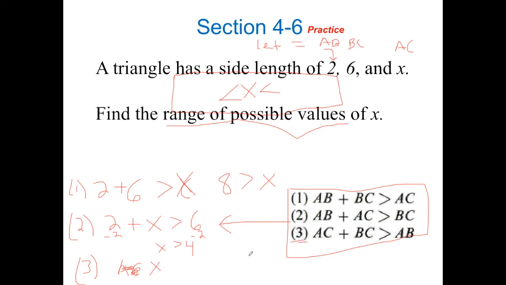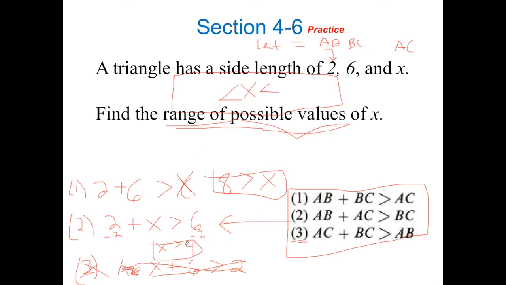Situation number 3 right here. X plus BC, which is 6. Is that greater than AB? AB is 2. And here I know my answer, because 6 is already greater than 2, so we're not going to care about this one. This one is not going to tell us any information about what x is, so we just need to take what we learned here and what we learned here and bring it together to find a range of possible